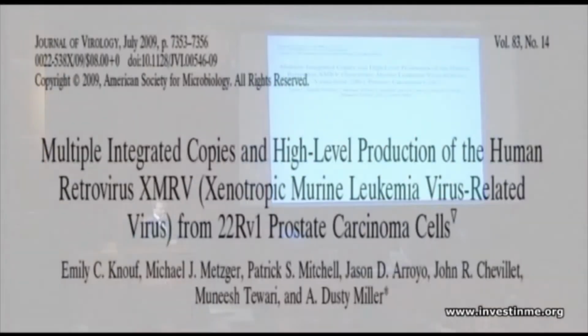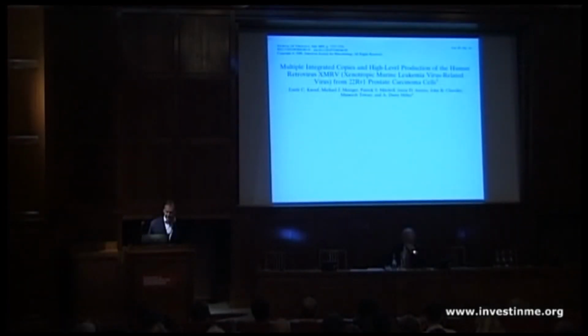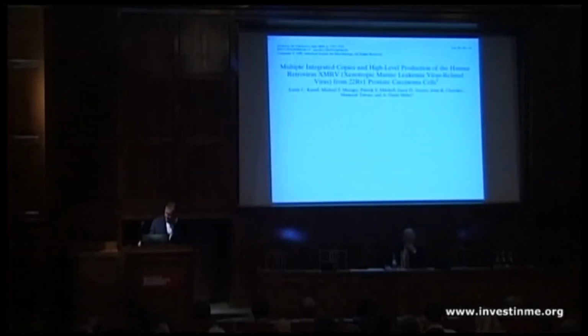So we were aware of this study from Dusty Miller's lab in Seattle. Dusty is a retrovirus aficionado and was pretty trustworthy. Dusty showed that there was a cell line in common circulation, many of us had this cell line in our lab, that appeared to be infected with the XMRV virus. And this was not entirely unexpected, perhaps, because it was a tumour cell line derived from a prostate cancer. So perhaps that reinforced the idea that this was a prostate cancer-associated virus.